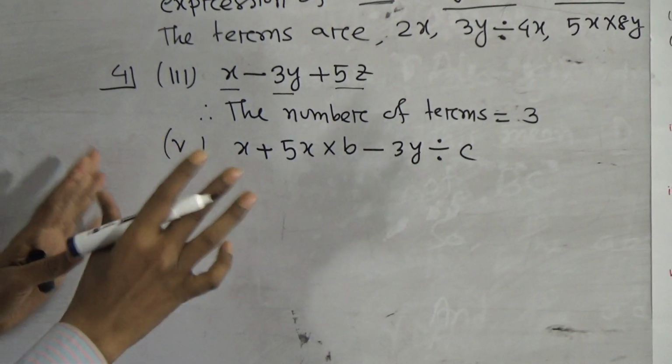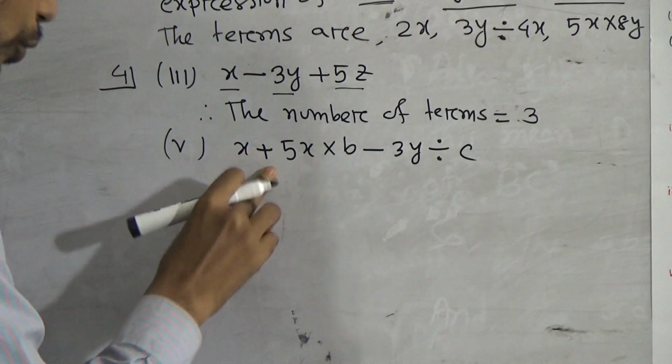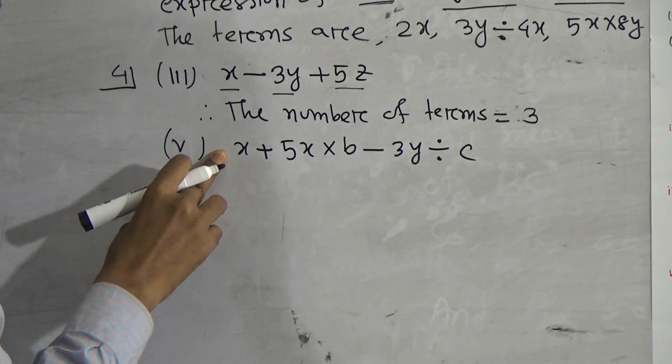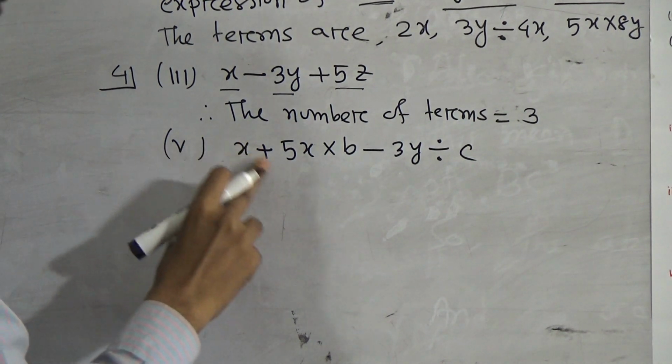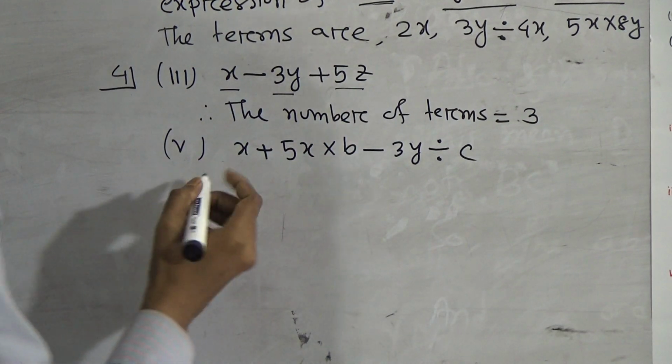Look, at first you count how many plus and minus. Look, 1, 2 and 3. There is no plus, but you have to consider this is the plus. That means 1, 2 and 3. Okay, therefore write